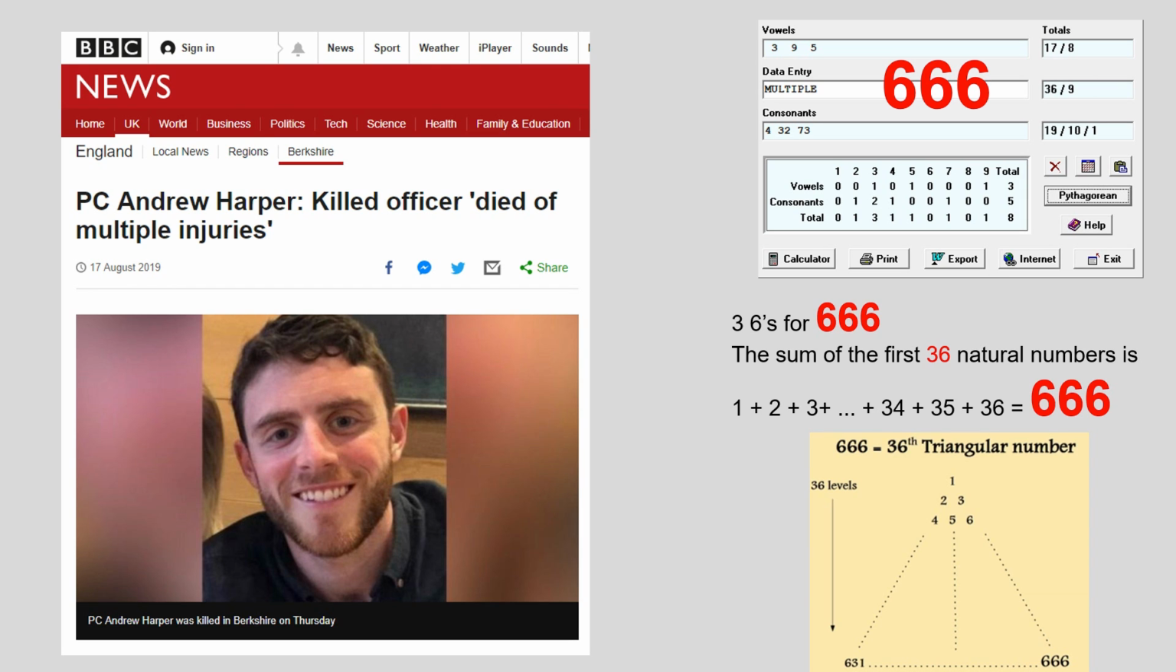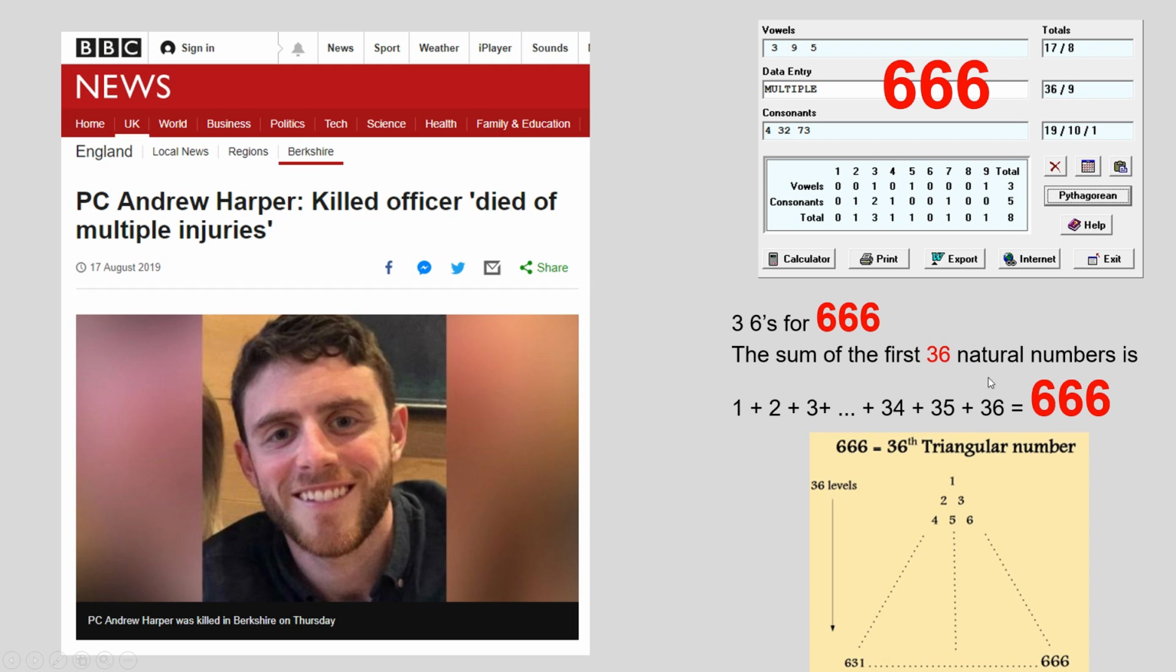Okay, and this is just to show that it says PC Harper, killed officer died of multiple injuries. We're seeing lots and lots of events of the well-documented violent events in the world. We see multiple used a lot, multiple shots, multiple injuries. Well, multiple in Pythagorean numerology happens to be 36. Now that can say 3 sixes for 666, and also 36 on its own is quite an important number, because